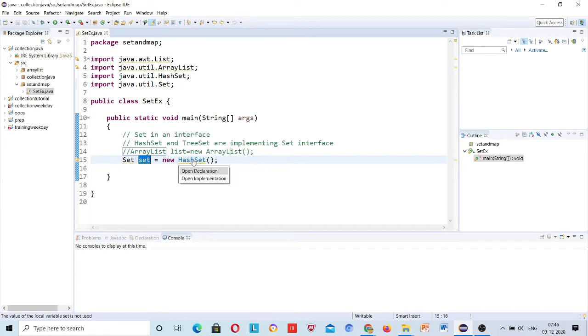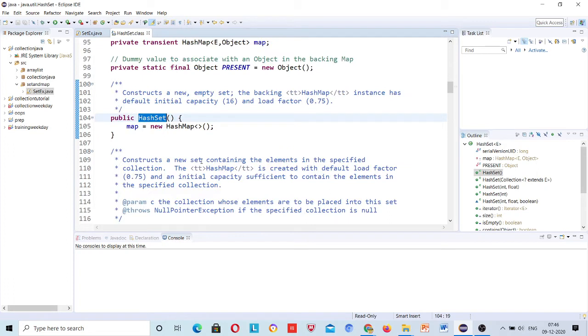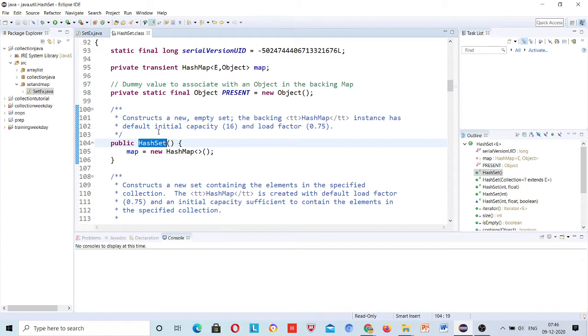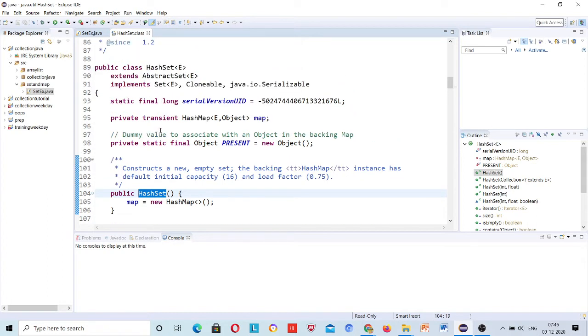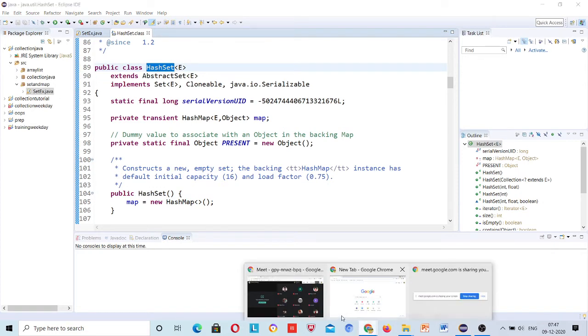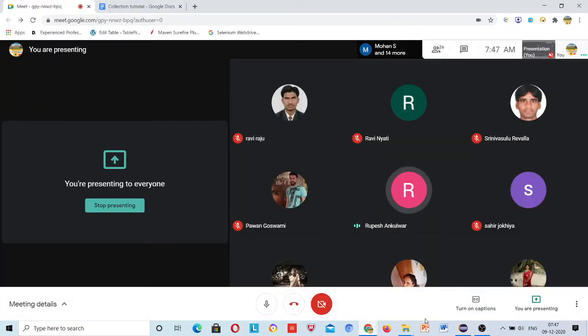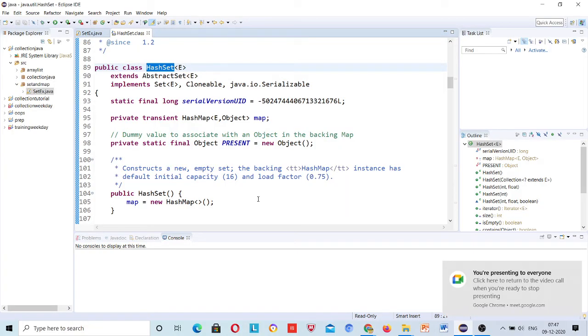Similarly, now I will show you internally this both ArrayList and this new HashSet. If I go to this, press the Control key on your keyboard, and then click on it, it will move you to that particular implementing class. So see, public class HashSet.